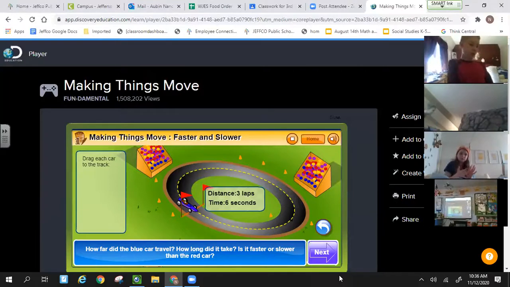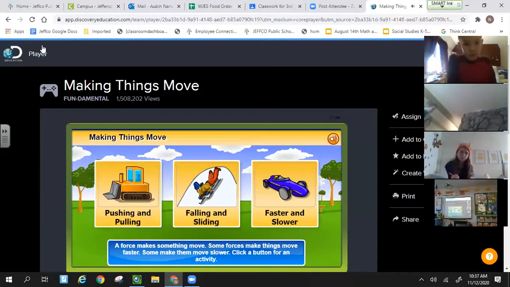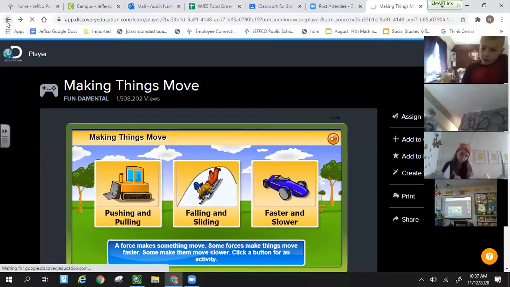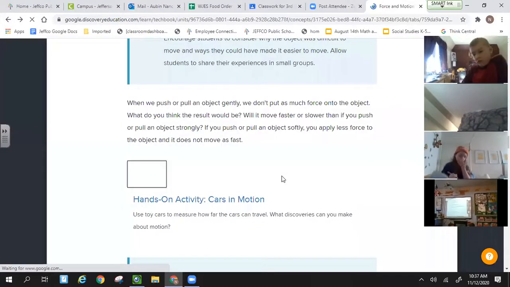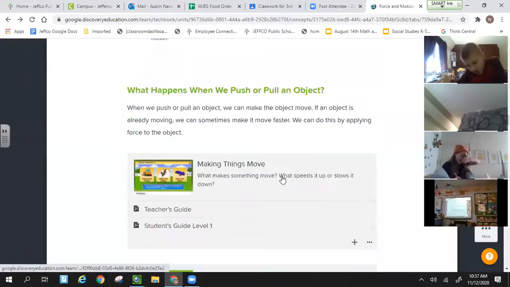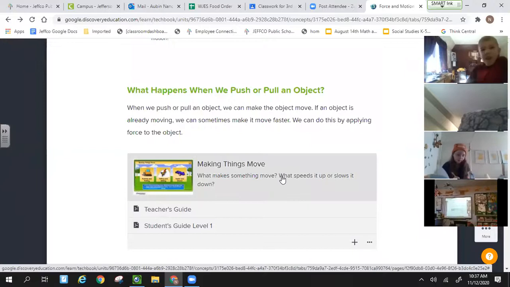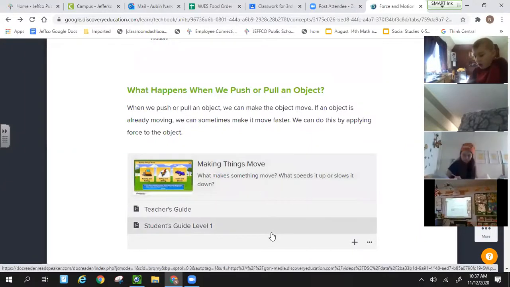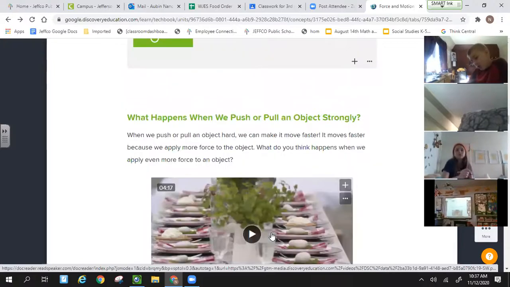Let's see. Is there next? Oh, we already did that. Race both cars around the track. All right, good job, you guys. So to find out which one is faster, we needed to know how far it would go and how fast. They went the same number of laps, just one took a little bit longer.